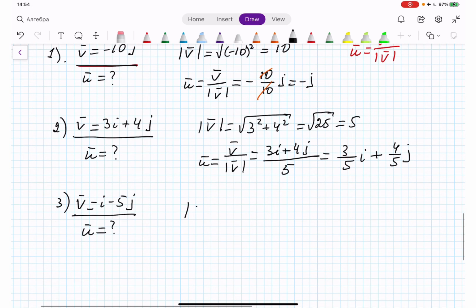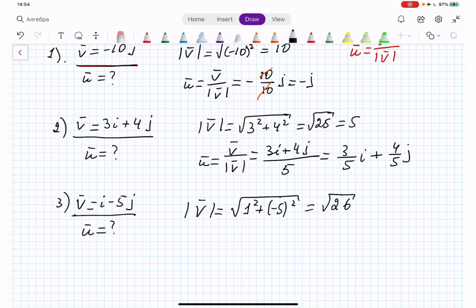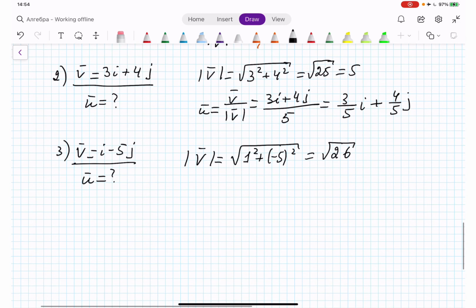So the absolute value, it's the magnitude, the length of the vector. Since i is 1, we are using 1 squared plus negative 5 squared, and we are getting the square root of 26. Now the unit vector u is equal to vector v, which is i minus 5j,